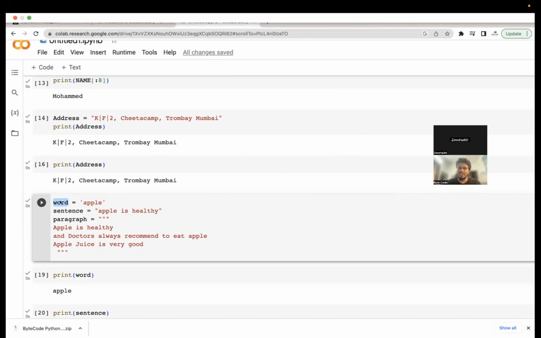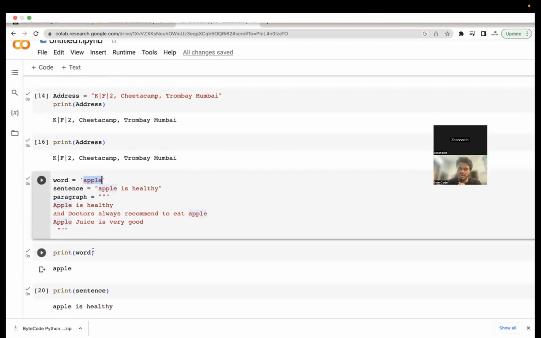Like how we can have multiple skill sets and multiple things, but we have a name associated with ourselves, right? Similarly, this apple is a value, but it has a name associated with itself, which is called word. So word is a variable which acts just like a name.